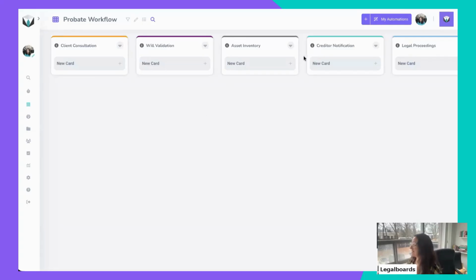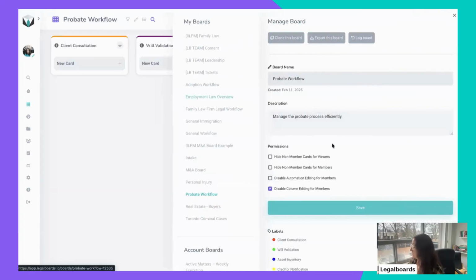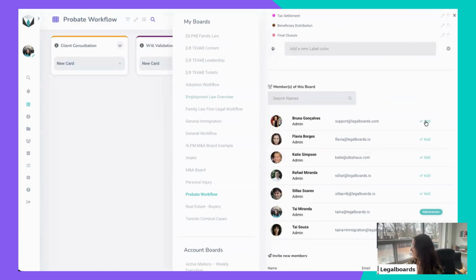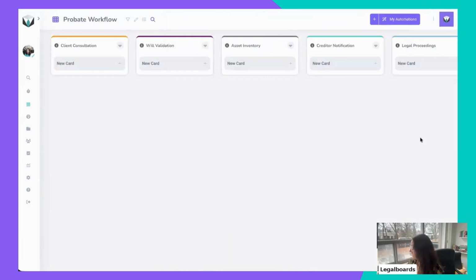I have first ownership. So who is the owner of my probate files? Who is the team that handles all my probate files? Right now I have just me, so let's add someone here, because I don't want to be the only person working this workflow. So I'm gonna add Bruna here. Now I know my probate team is Bruna and I.